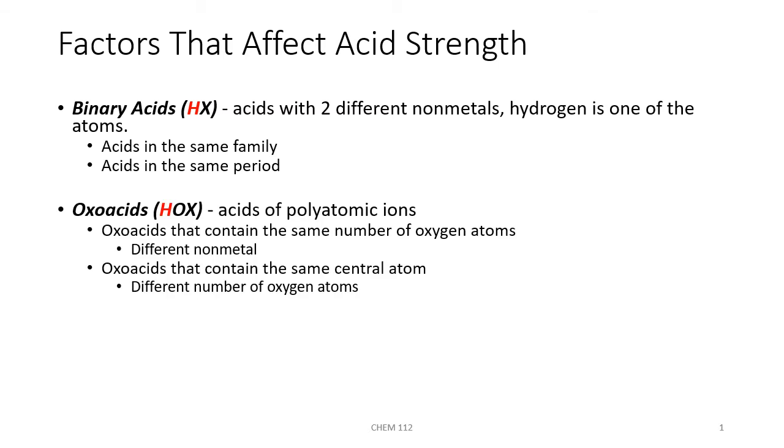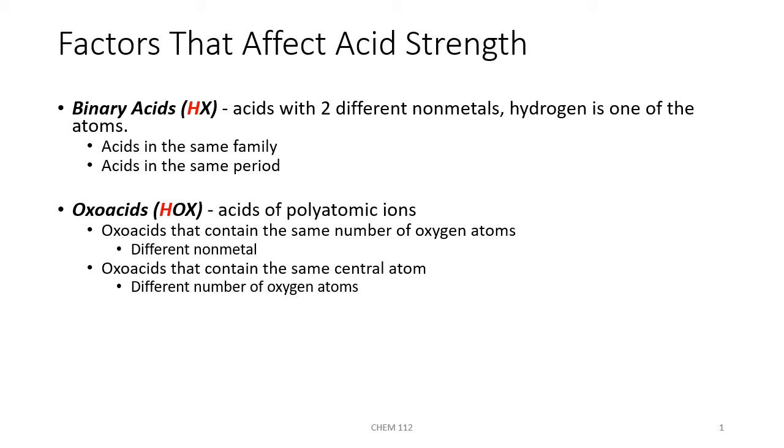The second category we'll look at are called oxoacids. They have the general formula HOX. These are going to be acids that are formed from polyatomic ions. The identity of the nonmetal X will change for the various oxoacids. We'll look at oxoacids that contain the same number of oxygen atoms and they have a different nonmetal. And then we'll look at oxoacids that have the same central atom, the nonmetal, but they have a different number